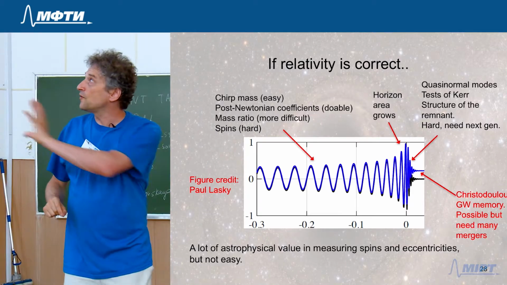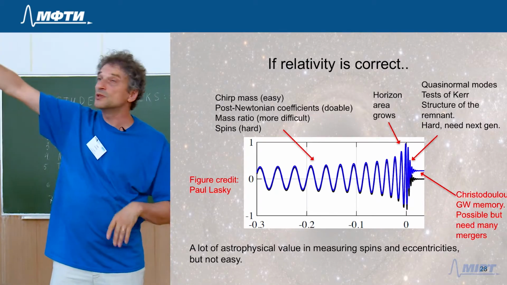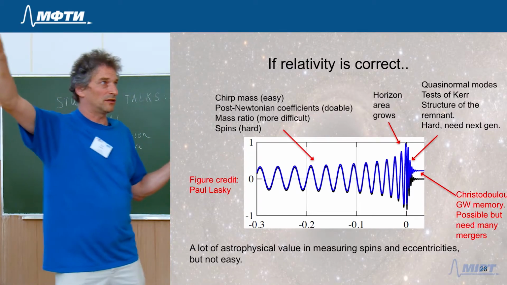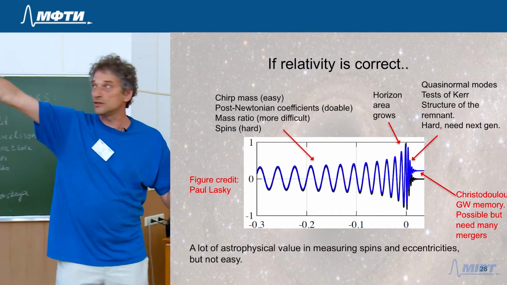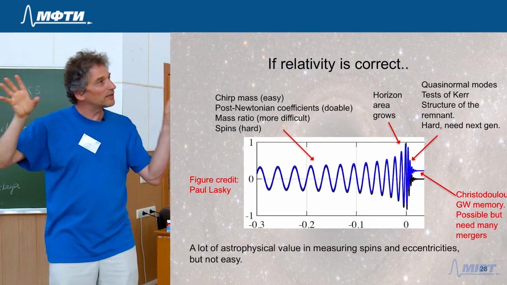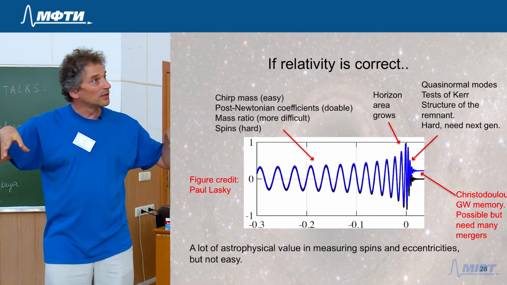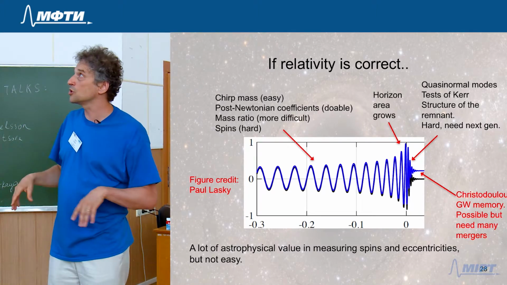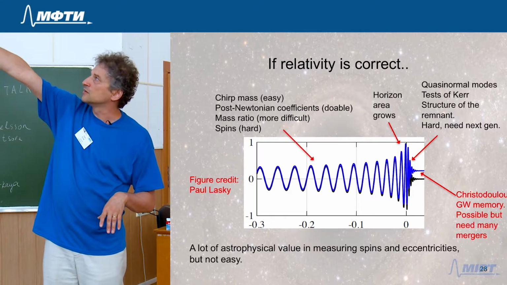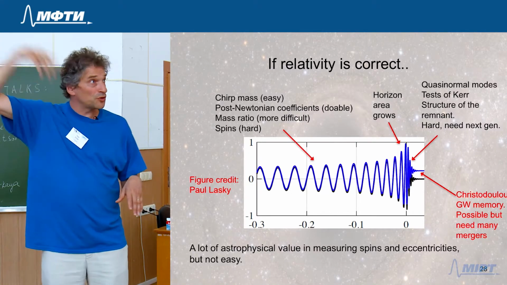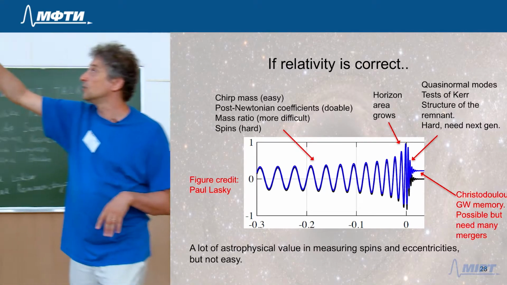Okay? Now different parts of these waveforms will tell us different things about relativity. This is relativity in its purest form, just extremely warped space-time in a very dynamical regime. So the in-spiral will tell you all about the post-Newtonian physics that you want to know,